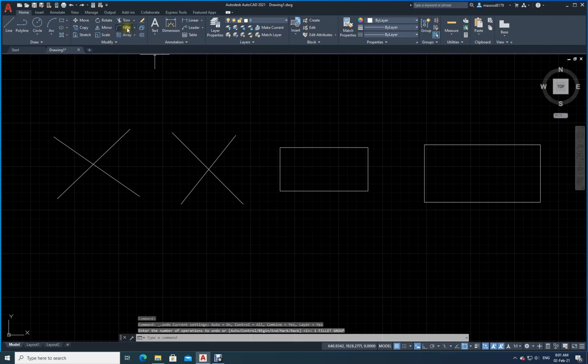Now the moment I go and select the fillet command, see in the bottom what we have got. We have got many things. We have something called radius here. We have a radius, a polyline, trim, and multiple. I have not given the radius, so just go and select the radius. What is the default radius right now? The default radius right now is 0.